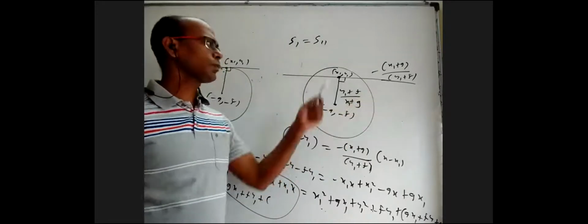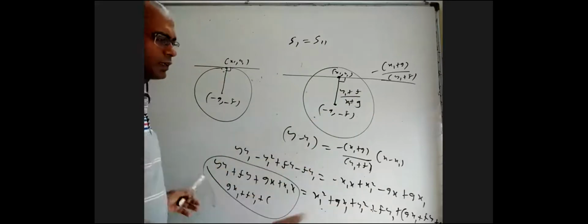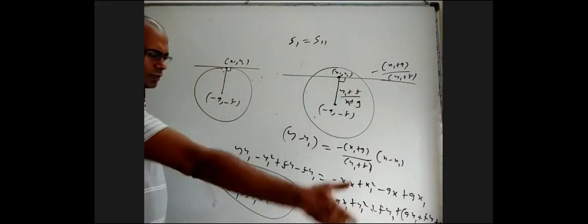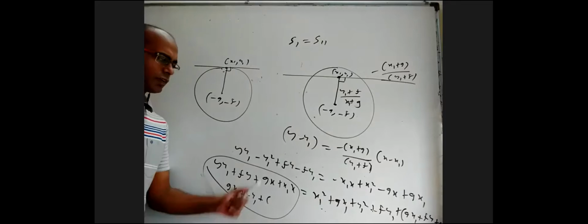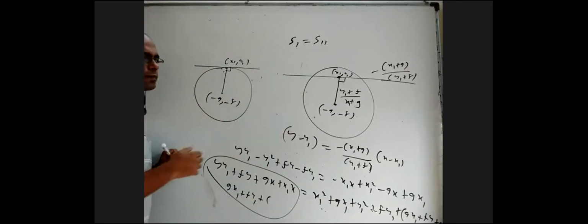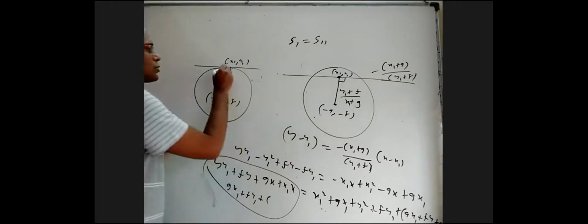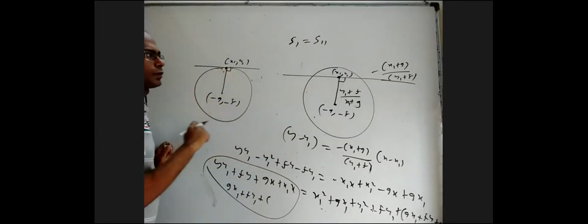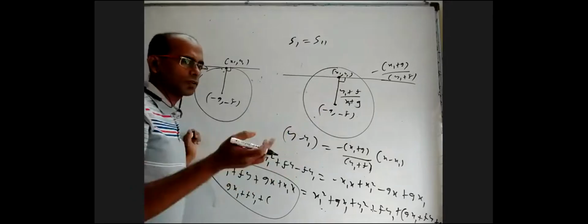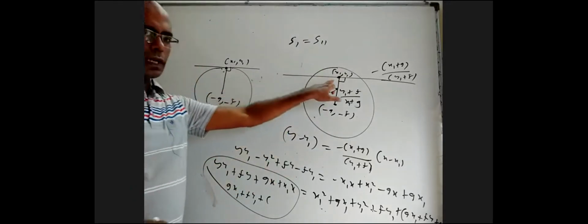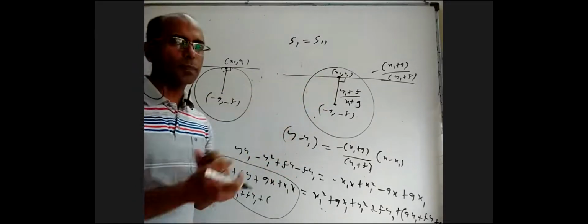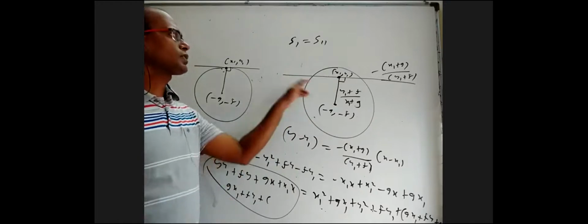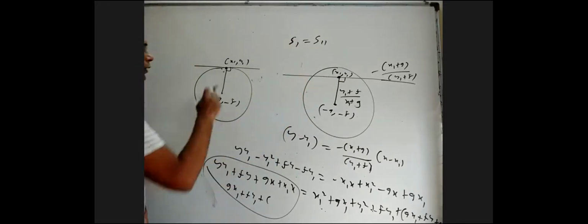So simply we found this slope, and based on that, we found this slope. You know the point and slope. We found the equation, expanded and brought terms sometimes here, sometimes there. Then added g x1 plus f y1 plus c on both sides. We got S1 equal to S11. Same thing here, no difference. Everything is the same, but here S11 is 0 because the point is on the circle. Where the point is inside the circle, S11 is not 0. That's all. So the line with x1, y1 as a midpoint, the equation of that line is S1 equal to S11, whereas here it is the same formula, but S11 is 0.